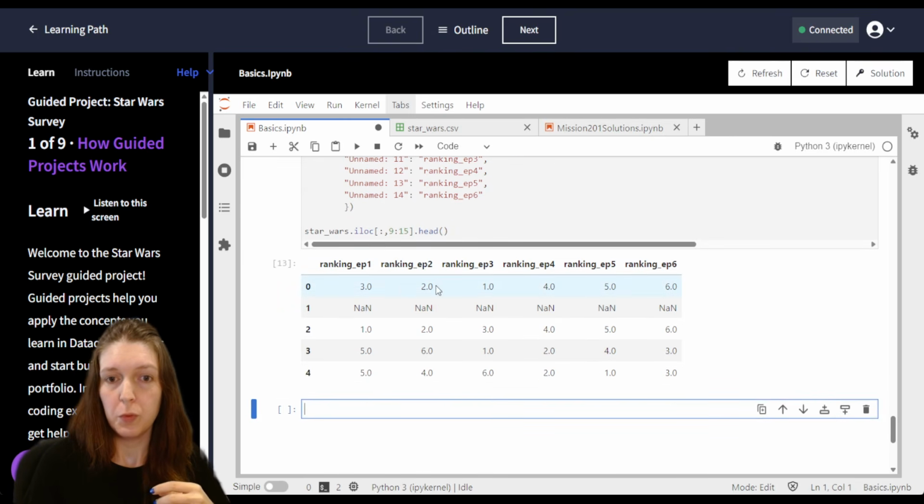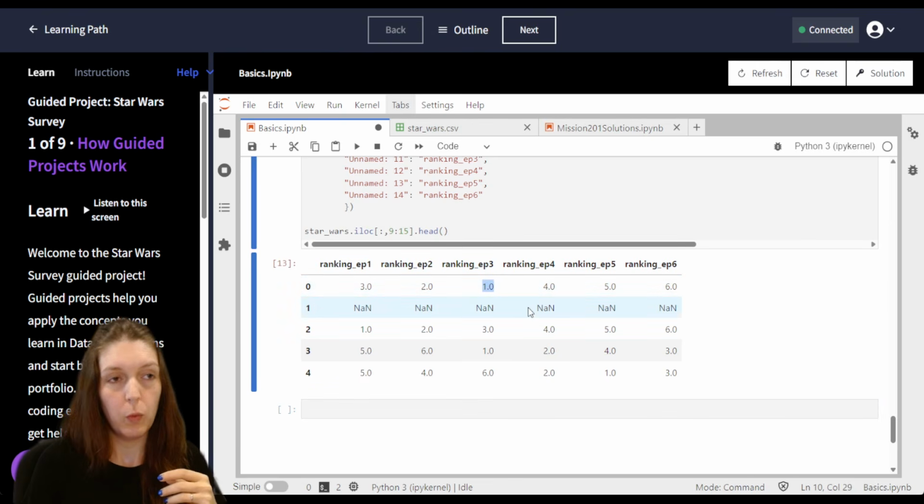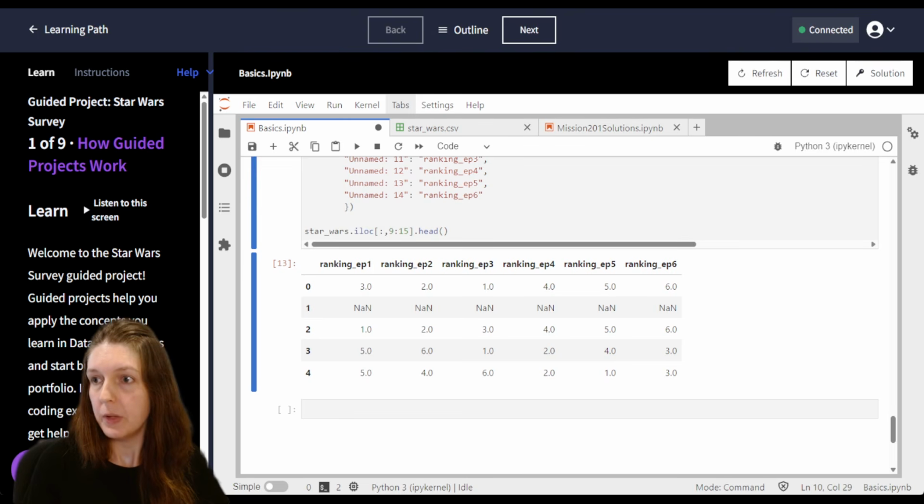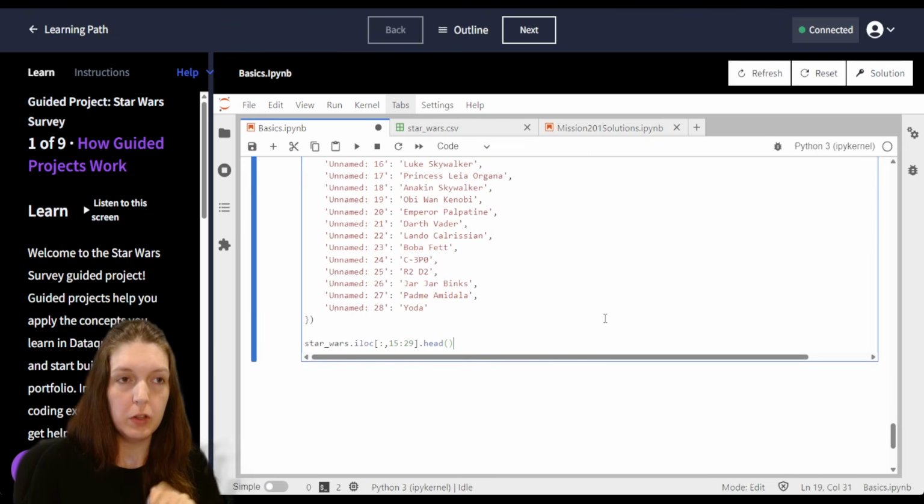And the ranking, they've said rank 1 is their favorite, rank 6 is their least favorite. And NaN means they didn't rank. Okay. And this next part is completely optional, but I saved you a little bit of work if you do want to use a next step here,